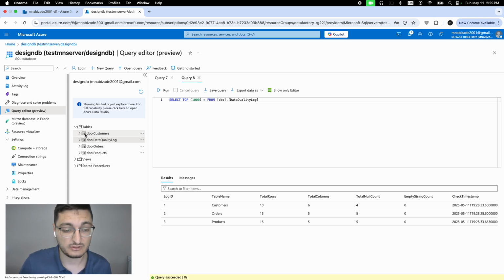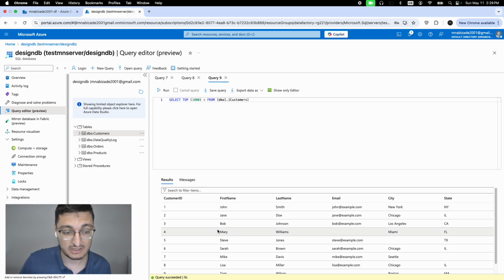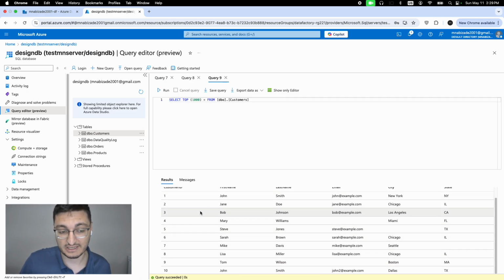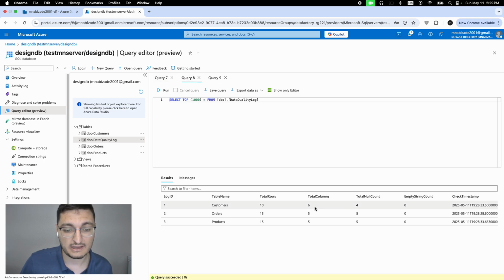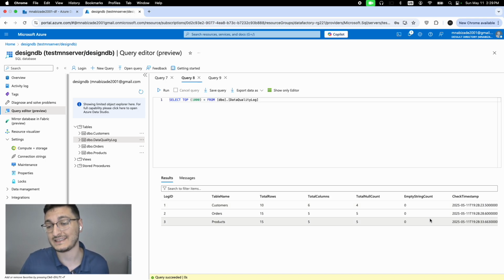We have total rows of 10. Let's just double check. As you can see, we only have 10 rows here. Now let me go back, and total columns are 6, null values are 4, and empty string count is 0, and we can see the timestamp. Of course, you can add more metrics, which I will be talking about in my next